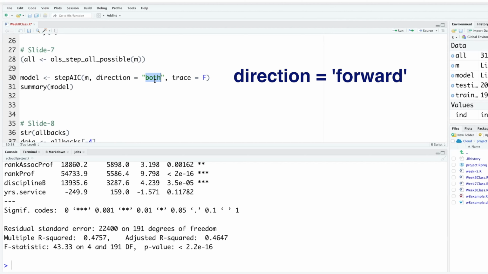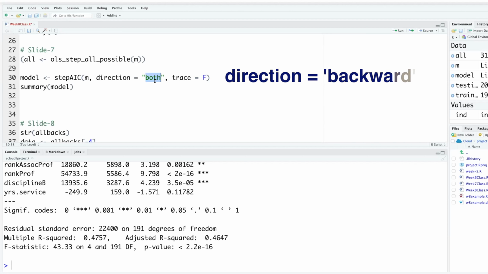So your model only has an intercept and no predictors. And then one by one, it keeps on adding the most contributing independent variable or predictor to the model. And it is going to stop when there's no statistically significant improvement when more terms are added. So basically that's called the forward method.